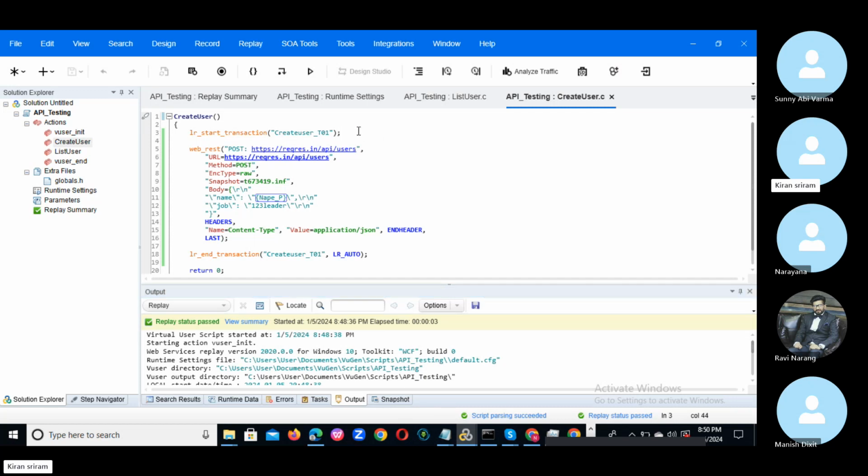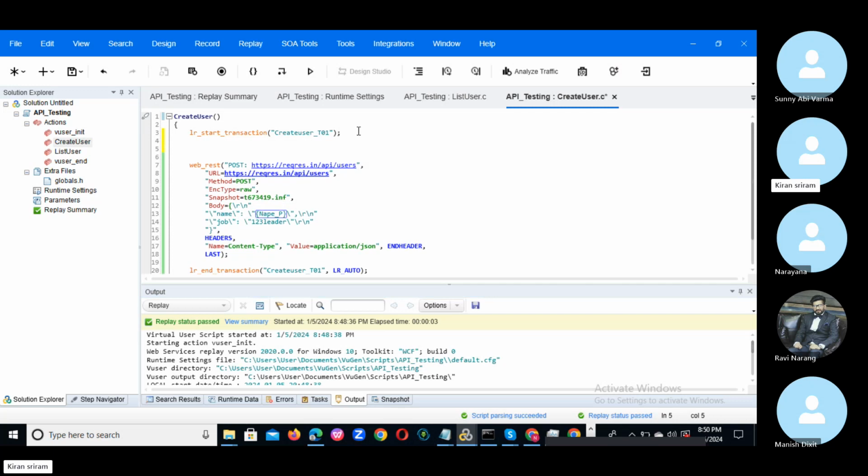Validation points are nothing but, maybe it is a web breakpoint also we can give. It means the response data you are getting, that text you need to provide here and you can validate. That is one thing. And you can do the correlation also, you can do web break param. And for example, the response you are getting, if you go to